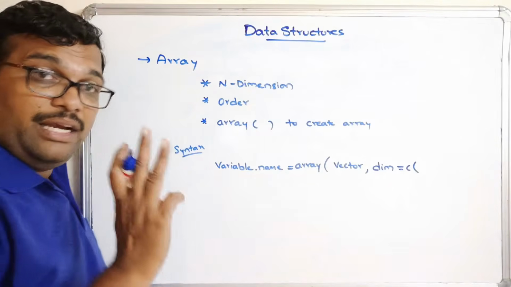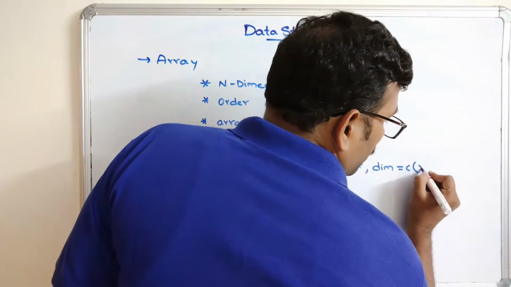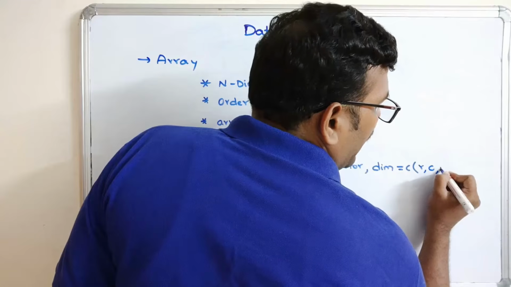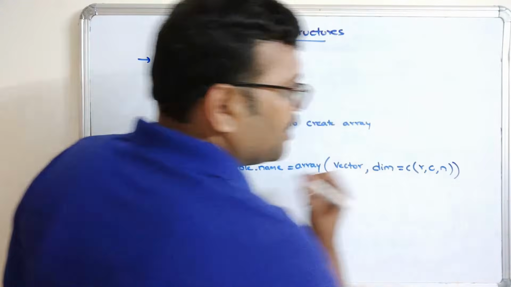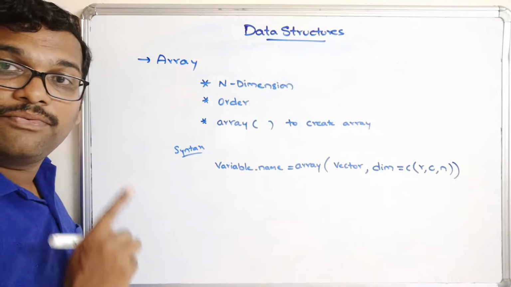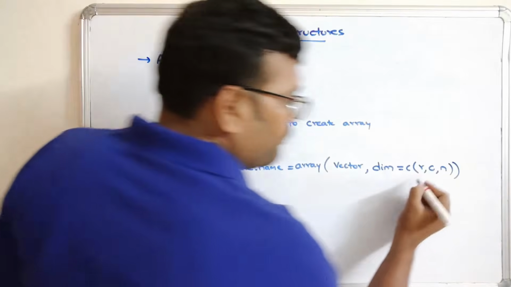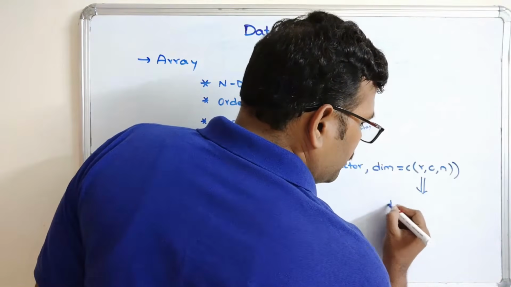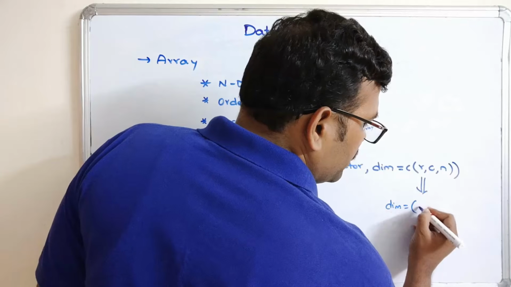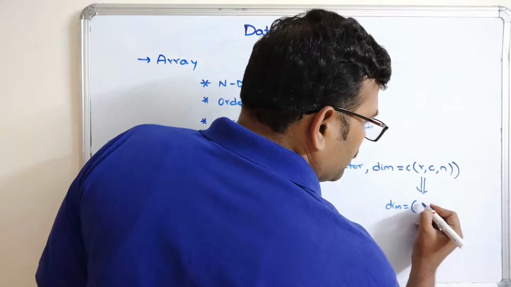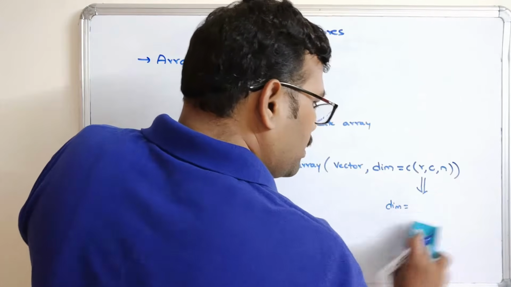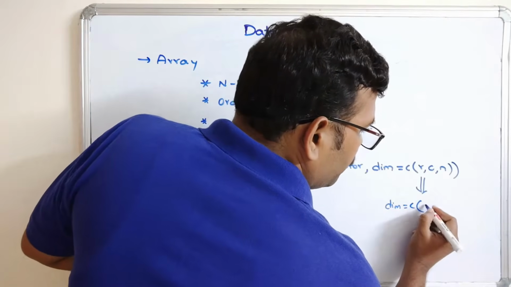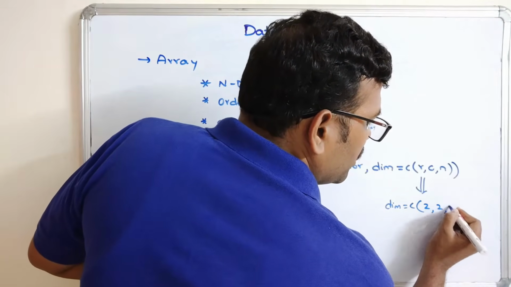So it consists of three things: rows, columns and number of arrays. Rows, columns and number of arrays. So if this dimension is C of 2, 2, 2,